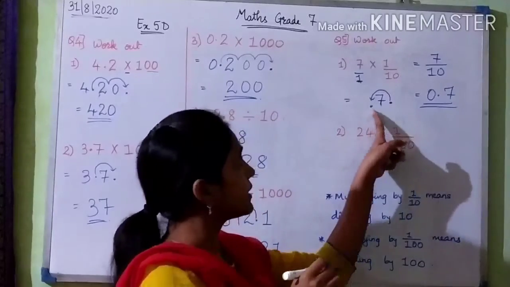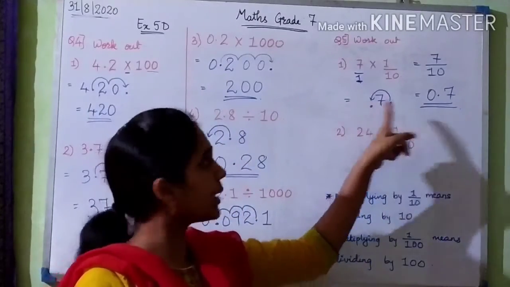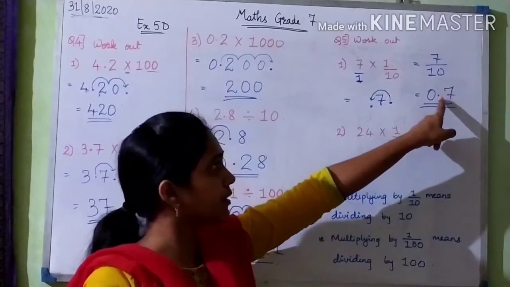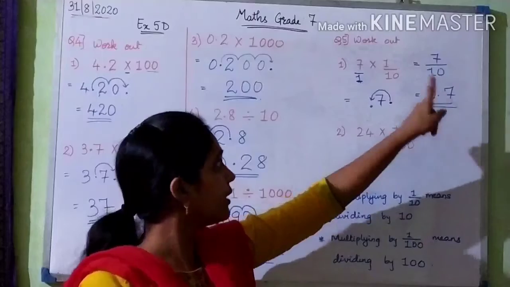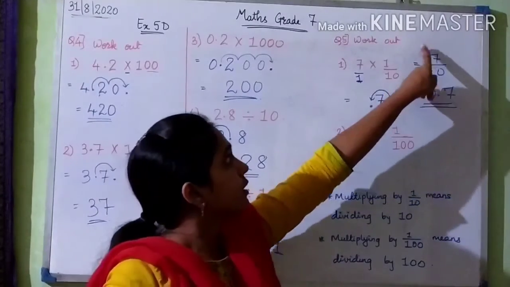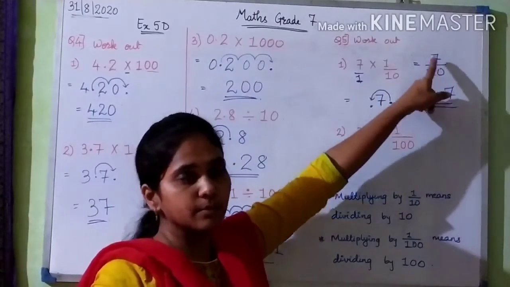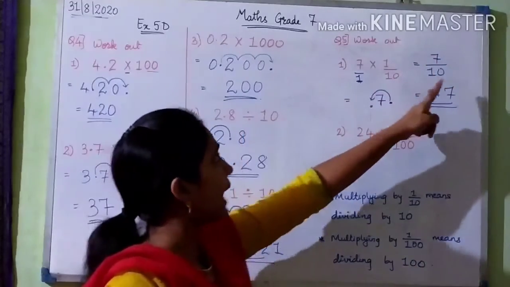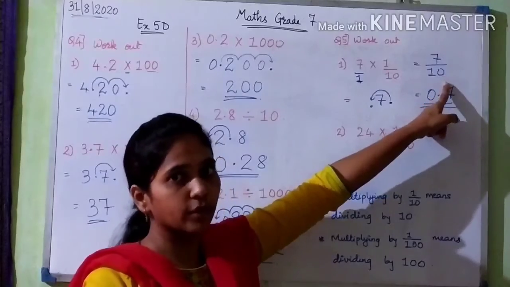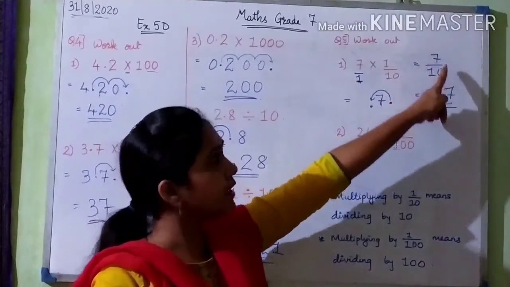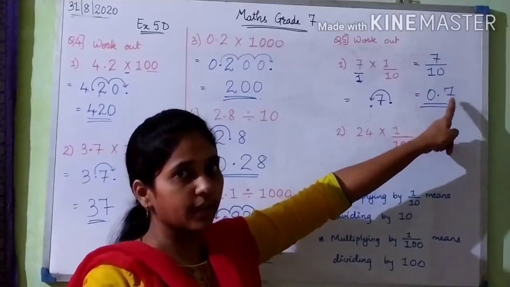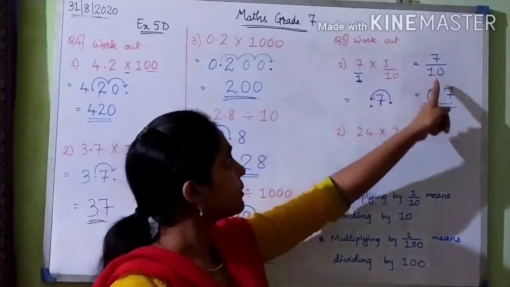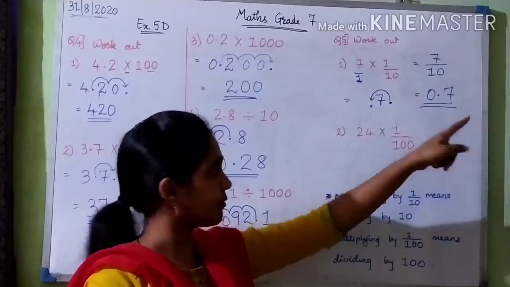Now the point is here and there is no number in front of it, so I put a 0, and then there is 7 after that, and the point is in between. So this is how we have solved these kinds of sums when a number is divided. See, this and this are the same. Only here I have put the division sign and here I have written it in fraction form. So both are the same. We read this also as 7 divided by 10. So 7 by 10 we get 0.7.